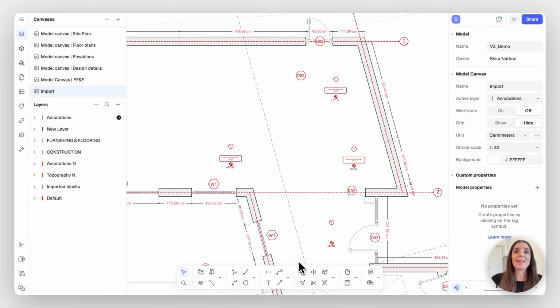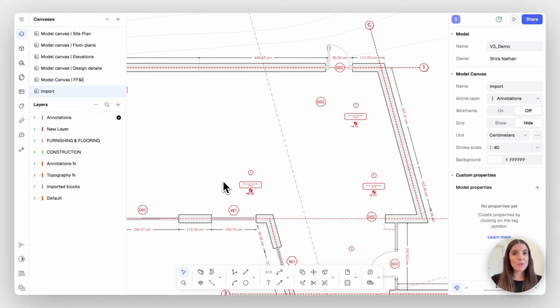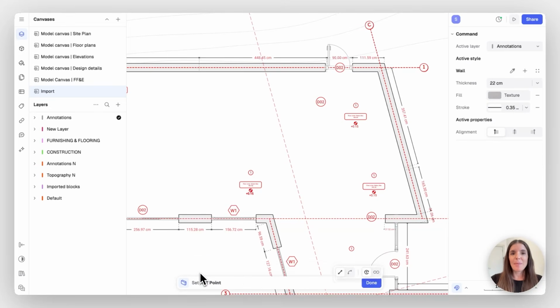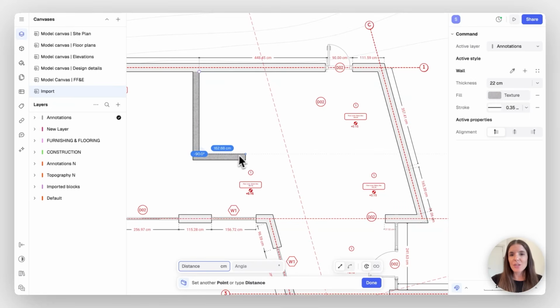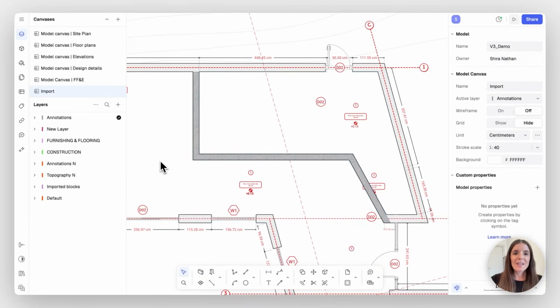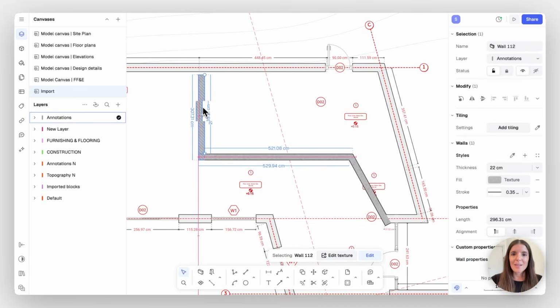But what I want to show now is the light beam tools that we have in Rayon. We call them light beam tools because Rayon is a 2D tool, but it does have these beam-like objects like our wall tool, for example. You'll note that when you're drawing walls in Rayon, you're not drawing just lines, you're actually drawing a wall enclosure. This already has a thickness, a style to it that can be adjusted super easily. This can be either dragged and dropped on the canvas or changed with the unit input to keep it very